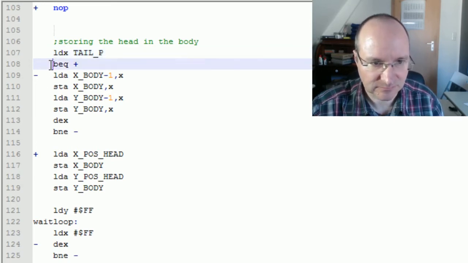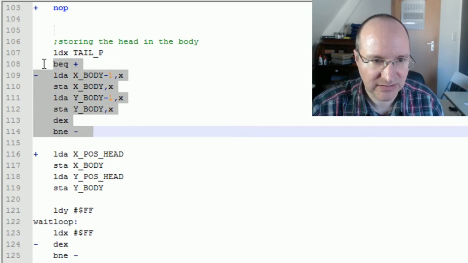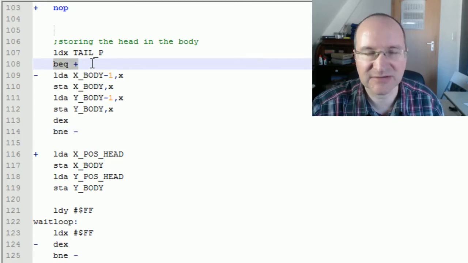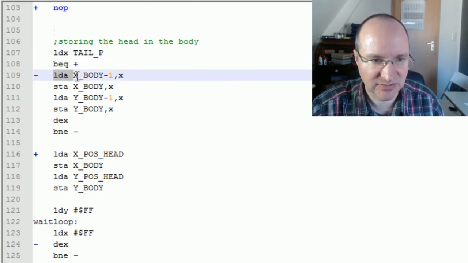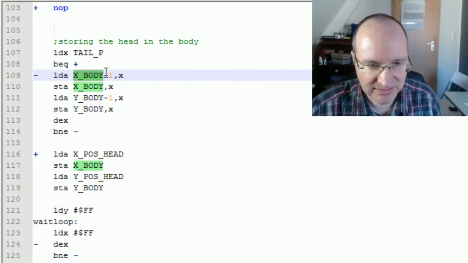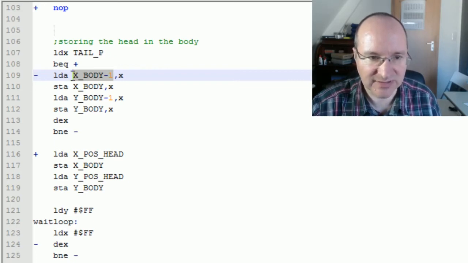And then we are looping through this. So here we are just making a check. If the length is 0, we don't want to do anything at all. But in other cases, we are doing the following. We are loading the value from where we stored the x values of the body, but we are taking the value 1 less. So for example, in the very last loop, we will take here the value from